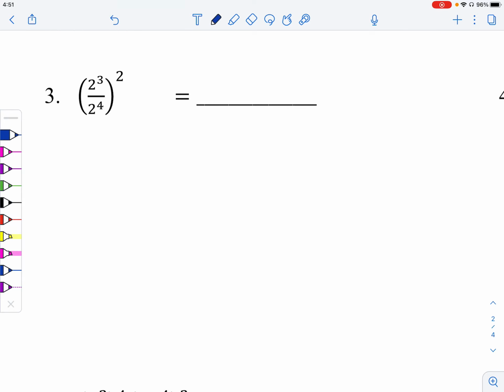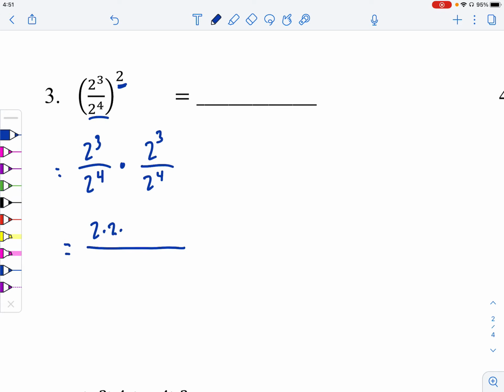Okay, number 3. So we have 2 of these, right? For the squared. So 2 to the 3rd power over 2 to the 4th power times itself, right? Because we have twice, from our exponent. Then we figure out what that is. So in the numerator,